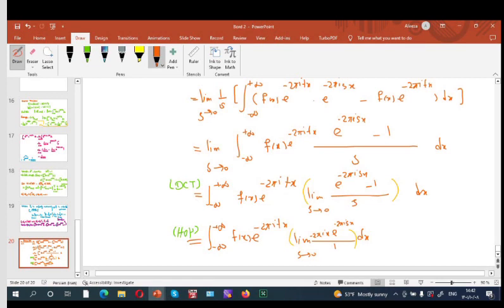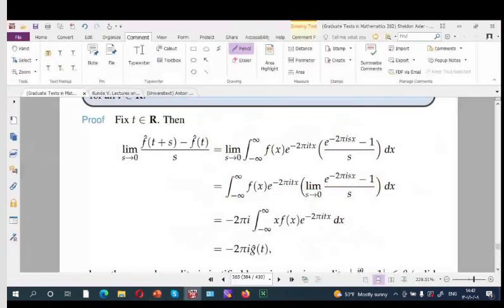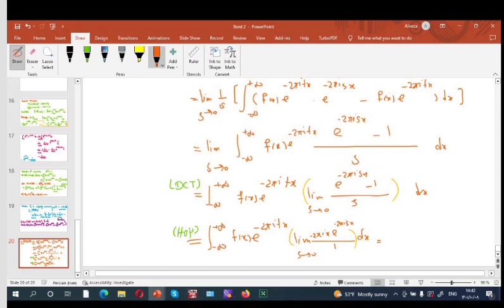And this limit equals this coefficient, so this equals minus 2 pi i